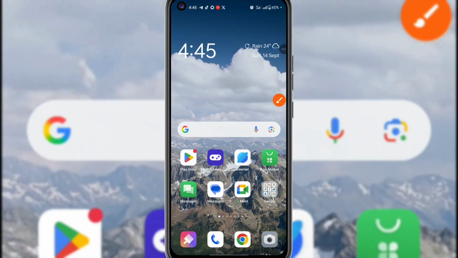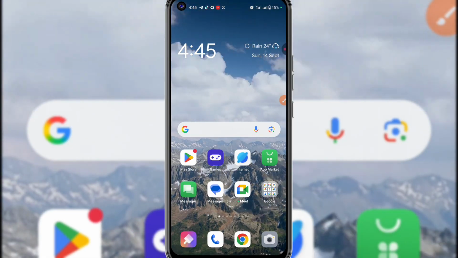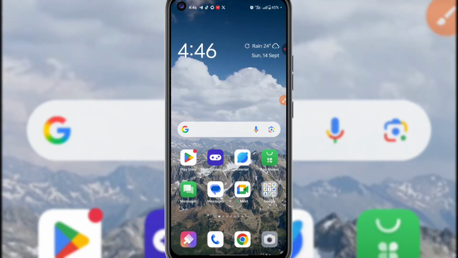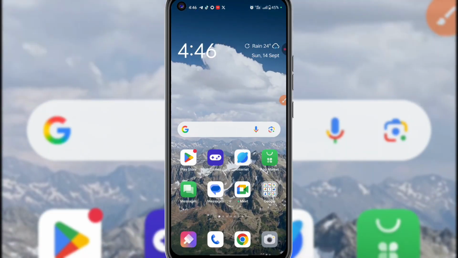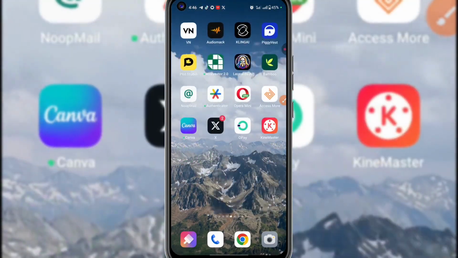Alright, so welcome to my phone. Now, the first thing that we need to do is to get our story. Now, you don't need to be a writer or anything. I'll show you how to get story ideas and how to write a full story using just AI and for free. So now let's head on to ChatGPT.